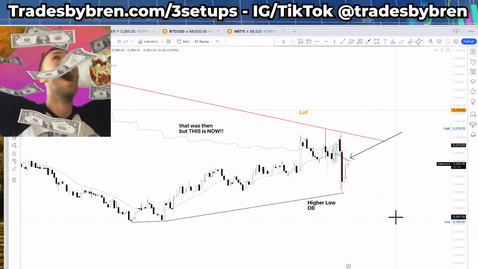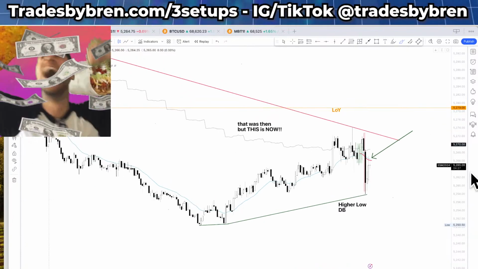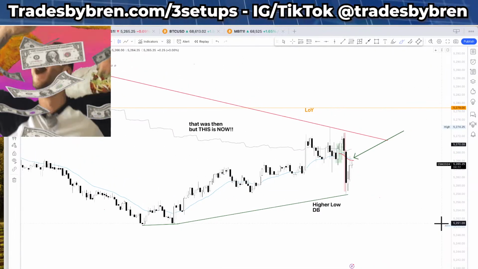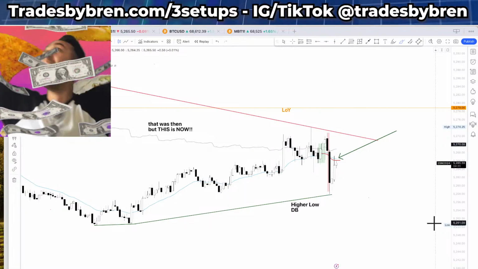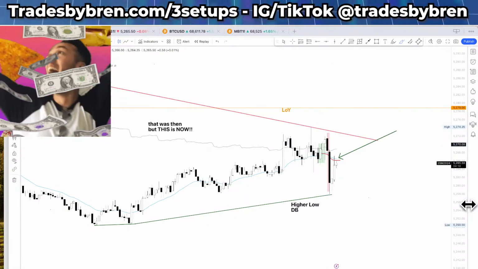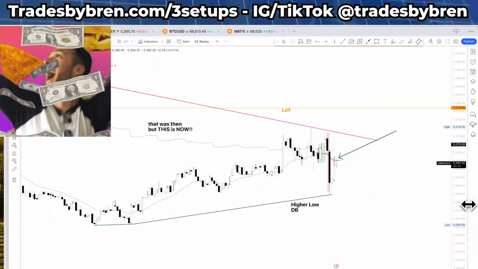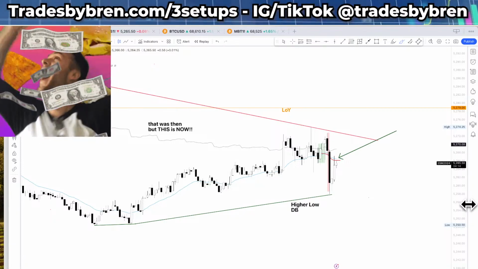Remember, one of the first things I noticed on the chart is the 60-minute moving average. That's the gray line on my chart, acting as resistance. So to be bullish, I'm watching how the price is going to react to the 20 period EMA, which is